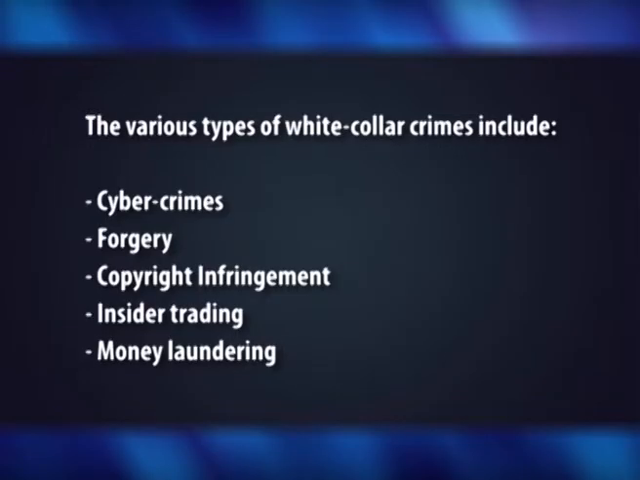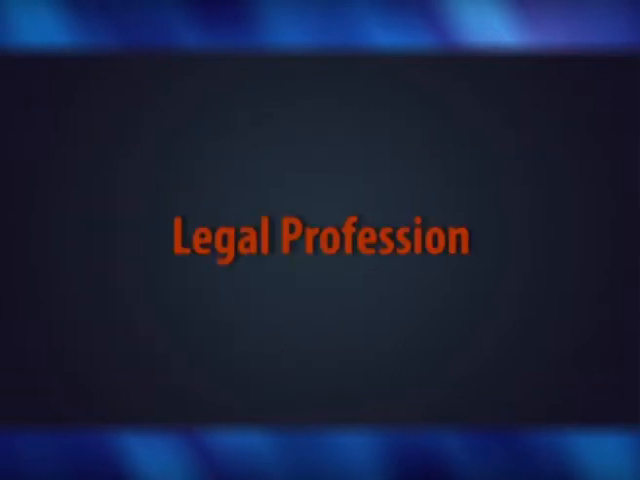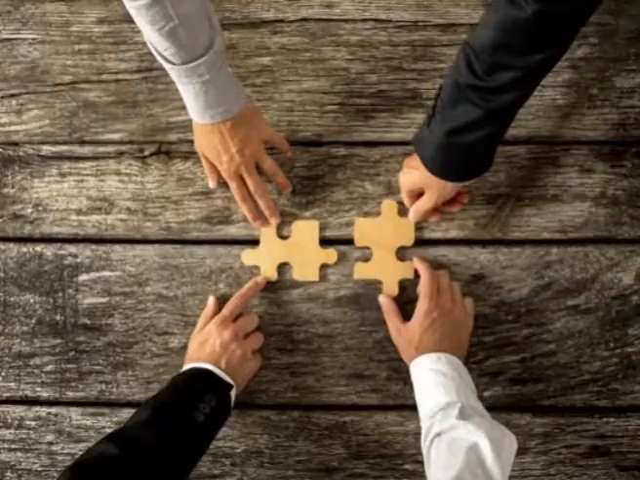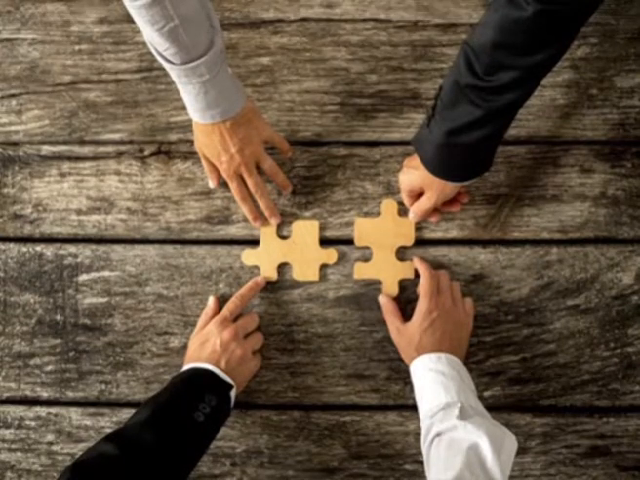The various types of white-collar crimes include cybercrimes, forgery, copyright infringement, insider trading, money laundering, etc. In the legal profession, with the increasing commercial relationship among the corporates, insurance and banking agencies, the nature of the capitalist economy started becoming complex with time. Thus, the ever-growing complexities paved way for the typical legal convolutions related to property rights and other matters pertaining to